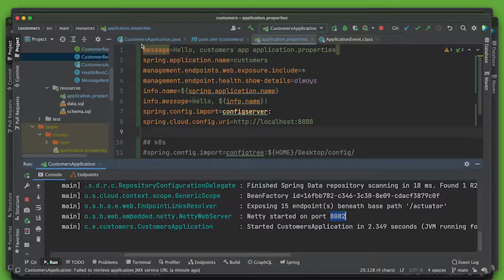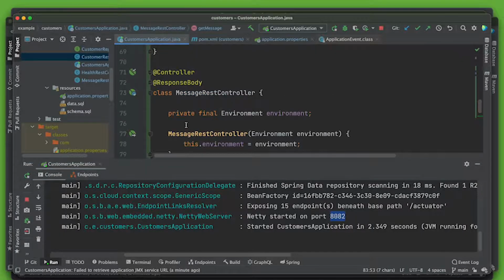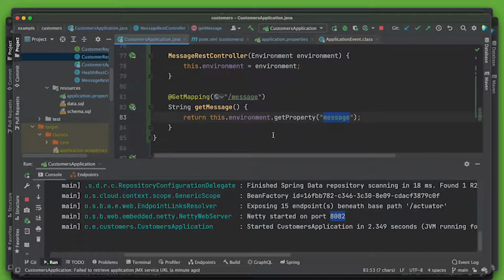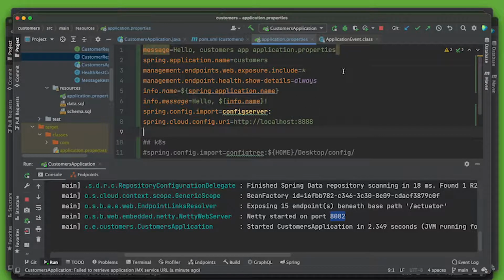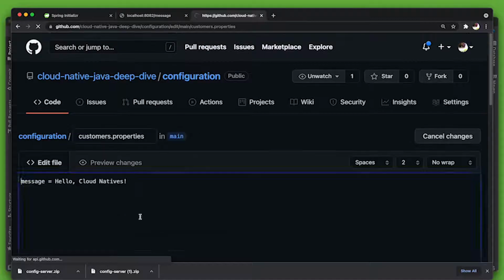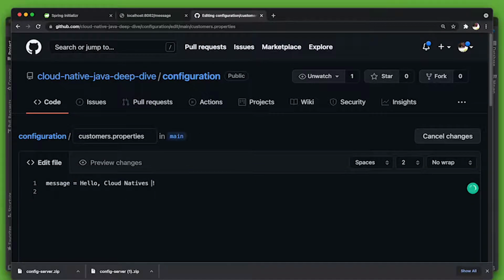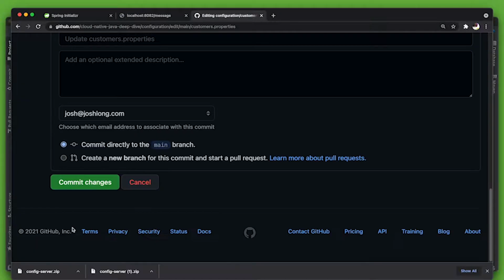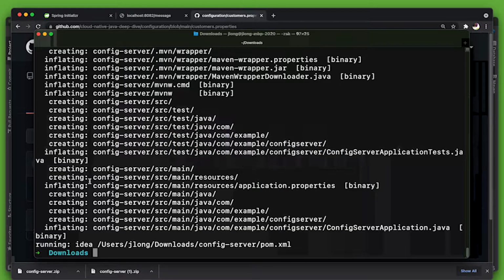You can also change the configuration, right? Let's say I wanted to change the value, okay? In order to change the value, I need to make sure that I'm using the Spring Boot actuator, and I've enabled all the endpoints, in particular the refresh endpoint. Since that's already done, I don't have to do anything. I can go here to the config repository, change this file. I'll say, hello cloud natives, and I'll save the file, commit changes, and I'll say